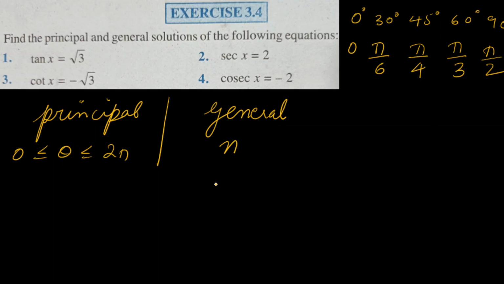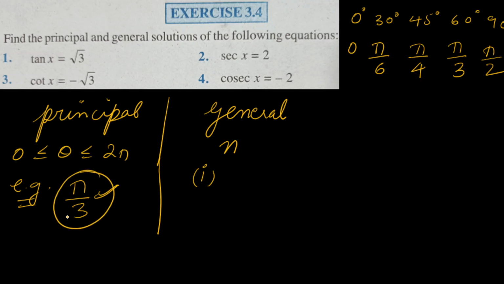For example, mostly you have to remember the general solution. See, for the principal solution I'll tell you with an example. If I have sine 60 degree, I can write it as pi by 3. So this is the principal solution. You will have a clear understanding when we do the questions. Basically you have to remember the exact value when we are writing. So that is the principal solution. As I have told you, it is from 0 to 2 pi radians. Now the general solution, where n will come.